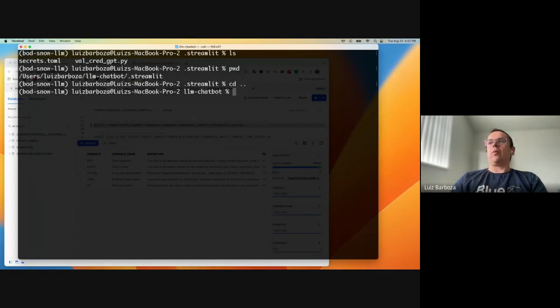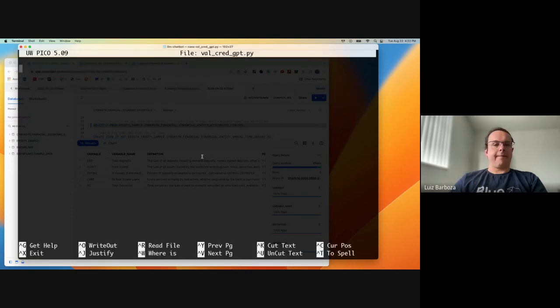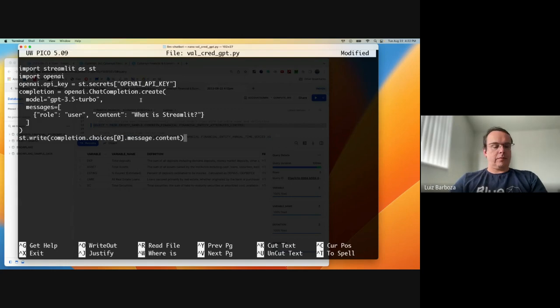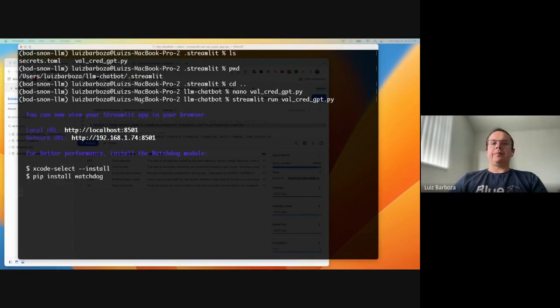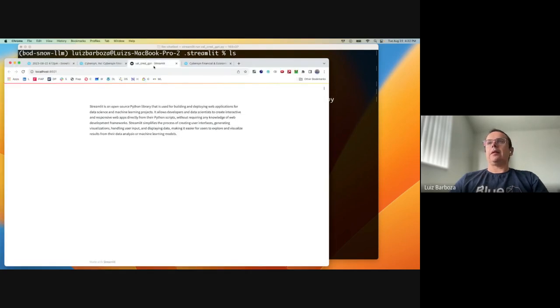Let's go back one level, and now, yeah, I can recreate our file. Now it should be fine. Exactly, it's running fine. It opens